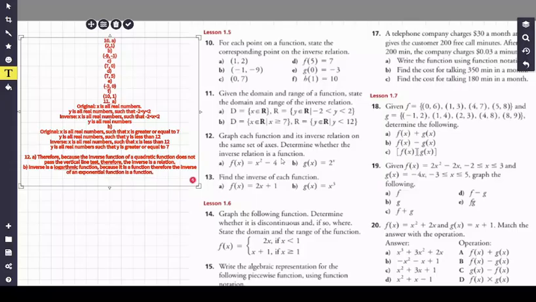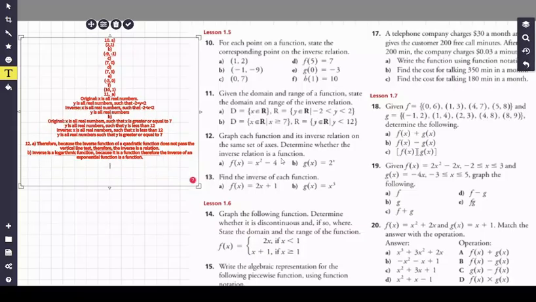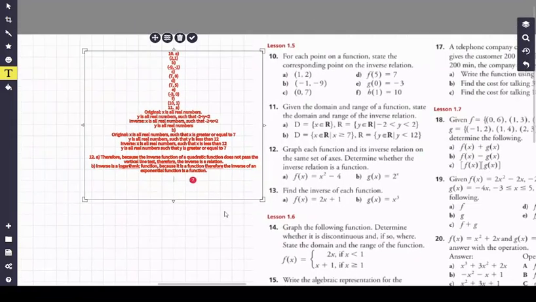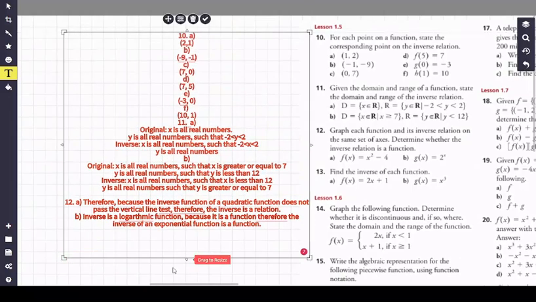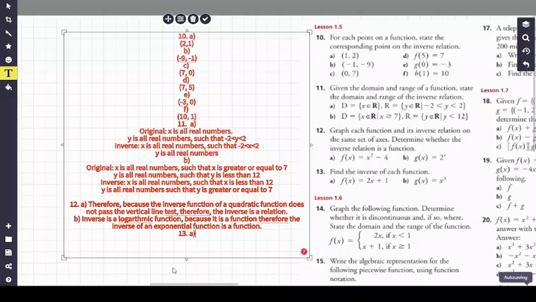Okay, now we actually have to find the inverse of the function, so we have to do some actual math now instead of just explaining it to the teacher. Let's go ahead and do this. So 13. Right away we see this is a linear function, so that should be pretty simple. All we have to do is just switch